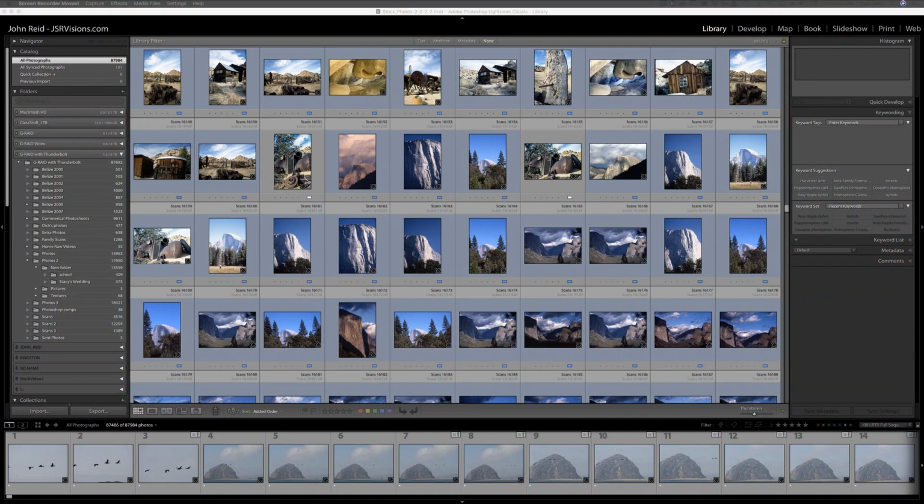I do a preliminary edit, which I go through all the images and kick out the ones that I don't want, so that way the images that are remaining are the ones that I want to work with. So the first thing I want to do is go ahead and import these, and I'm in the library screen right now, and I'm going to go ahead and click on import here,